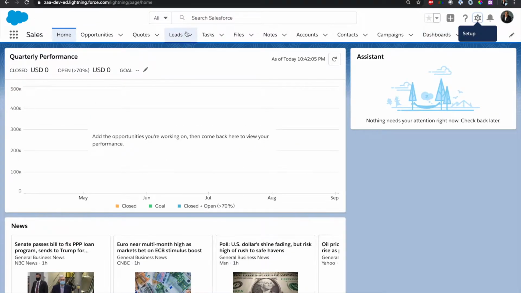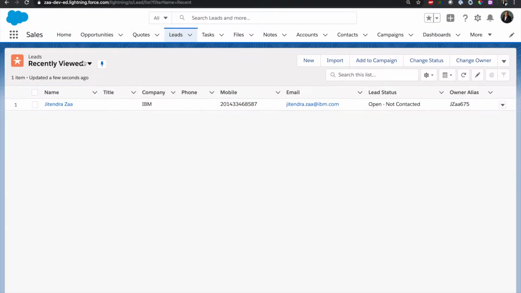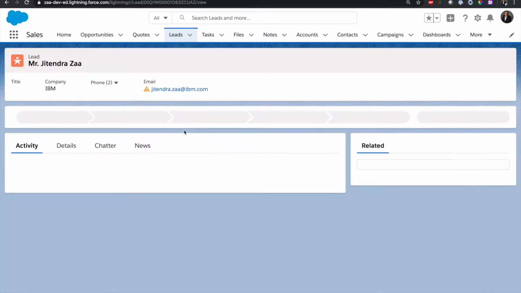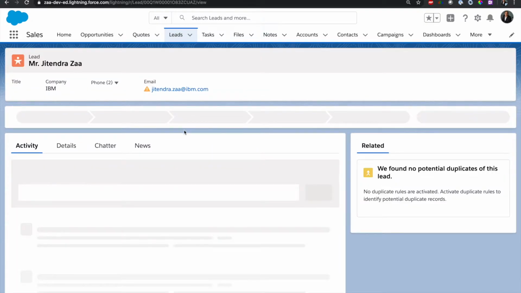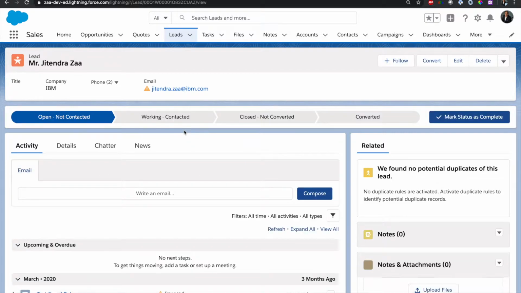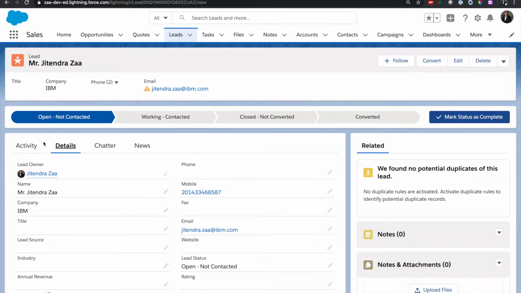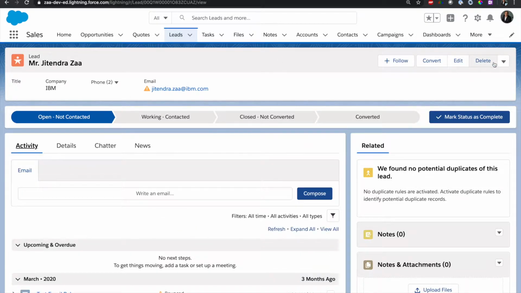Now the next step is where do you want to collaborate between Salesforce and Quip. So I'm taking an example of lead. I want to collaborate on my notes on lead with Quip users. So what I'm going to do is update this page layout. So let's go on edit page.